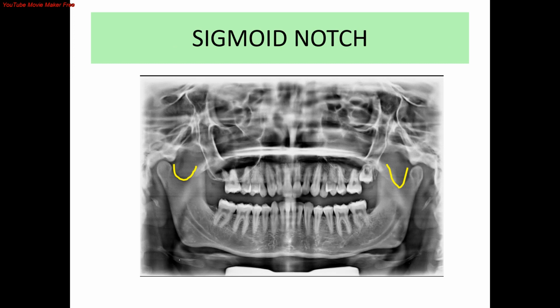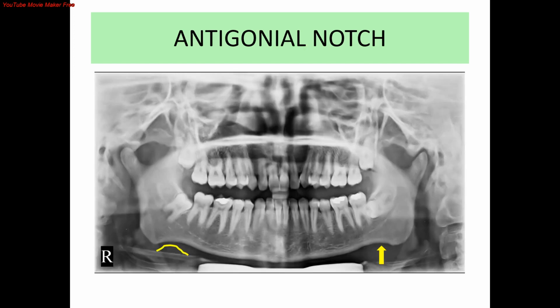Upper part of the ramus is thin and surrounded by two processes, coronoid on the anterior side and condylar on the posterior side, and is separated by a deep concavity called the sigmoid notch or mandibular notch. In older extraoral radiographs, this space was used to direct the central beam to record the other side of the TM joint. Antegonial notch is a concavity of the undersurface of the body just anterior to the angular process of the mandible or gonion. The notch tends to be longer in congenital disorders than acquired, and the ascending ramus is at a more obtuse angle in congenital disorders.